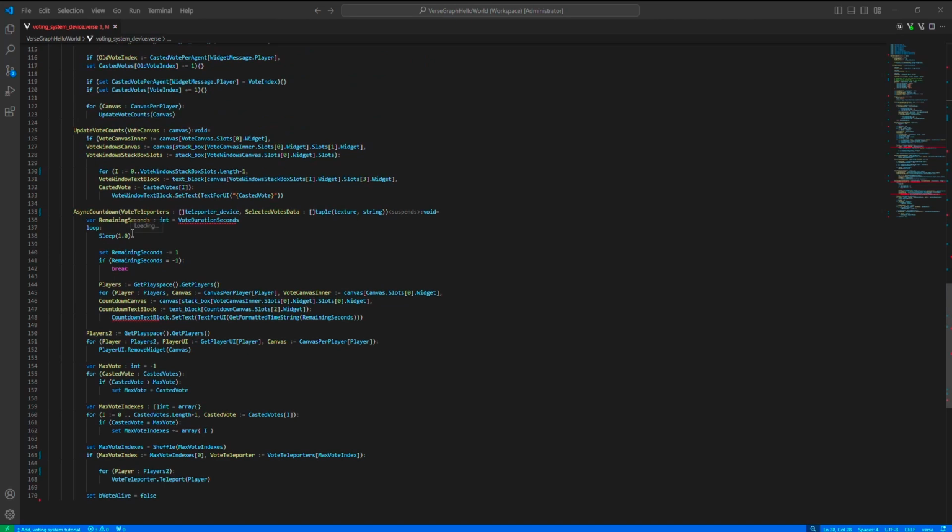So this async code here basically runs each second after the first half. It just decreases the countdown on the UI, and after the countdown is over, it looks at the votes and selects the most voted selection. But if there is more than one selection with the maximum amount of votes,